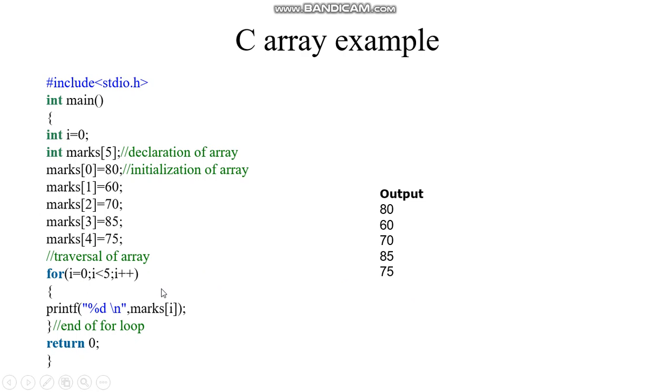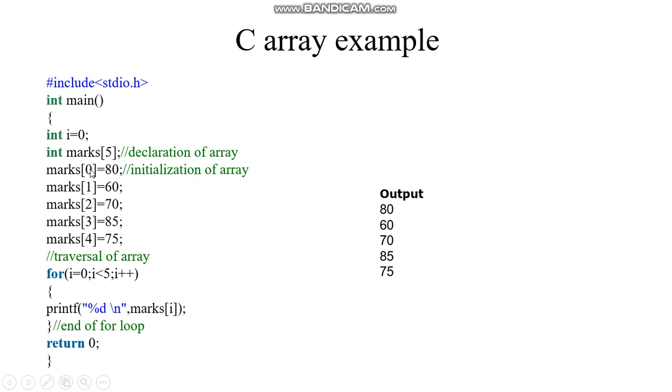This array is called a one dimensional array, since one index is given. Our aim is to display the marks. Marks remains the same, so it would be repeated for all the 5. You can see in all 5 statements the marks and the opening and closing square brackets are repeated.